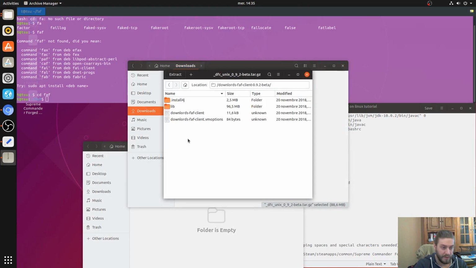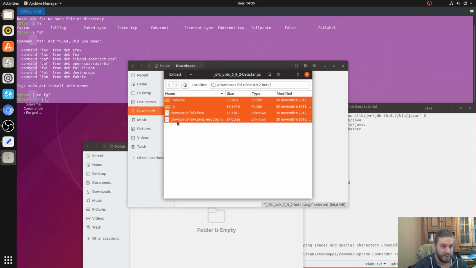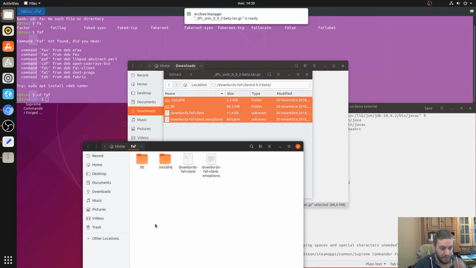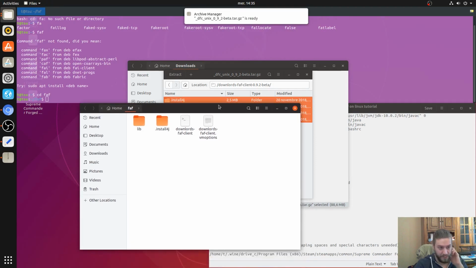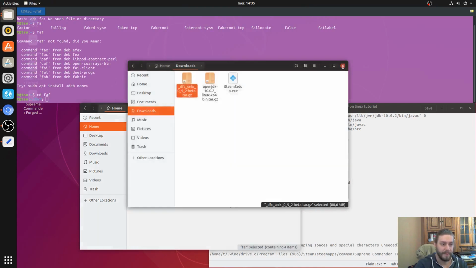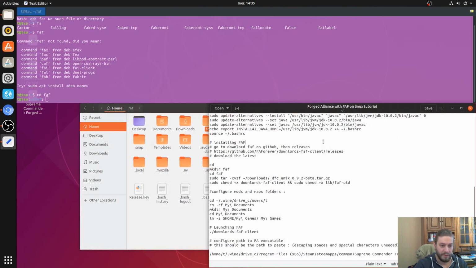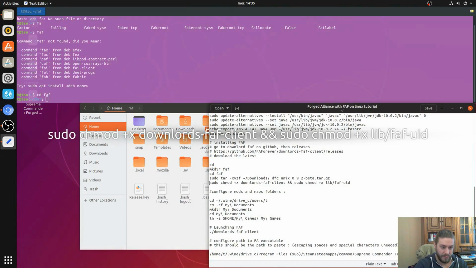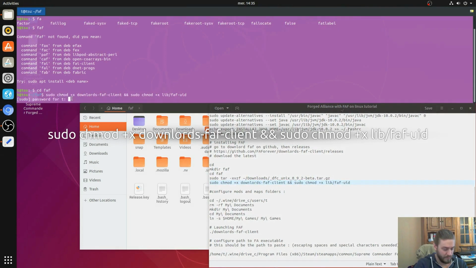I like doing this better, because this extra folder is useless. Just get down into here, take what you need, and this way you have something clean like home, cd FAF, and then you can just run it. So that's what we're gonna do. We're gonna add execution